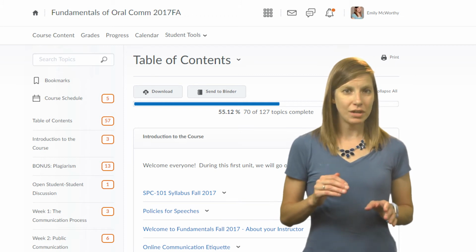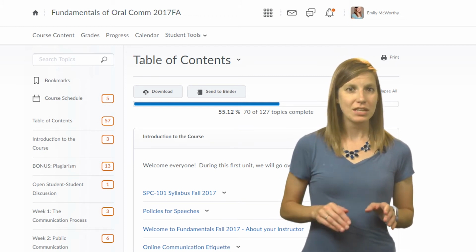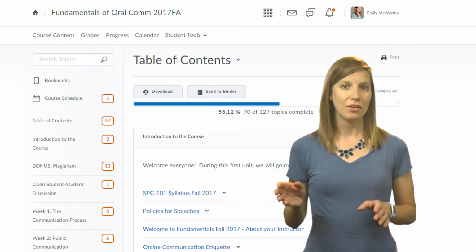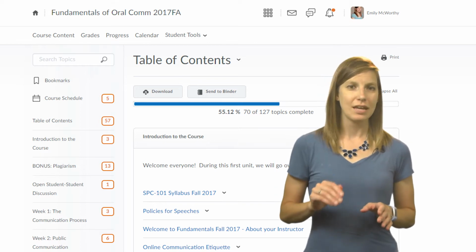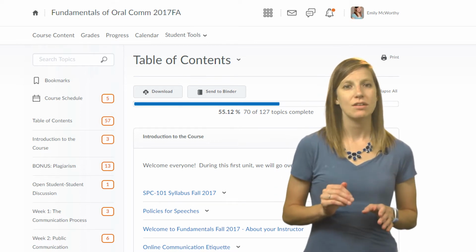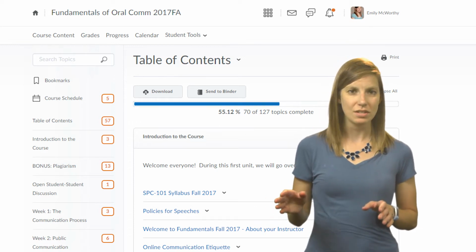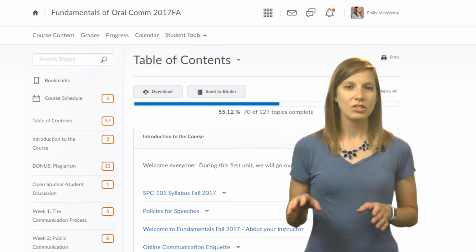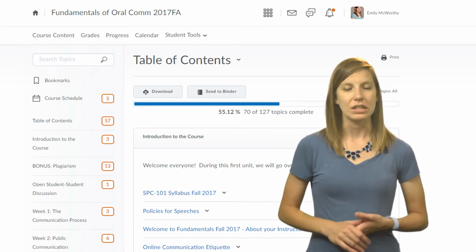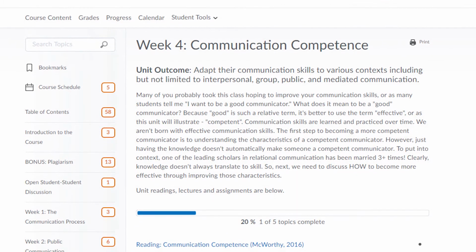The reason why we don't want to navigate through the calendar is that it will take you to all the assignments. However, within each module where the assignments are located, all the readings and the videos are located there too. So if you try to attempt the assignments and the quizzes and the discussions without doing the readings, you're going to be a little bit lost. So click on Course Content.